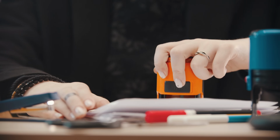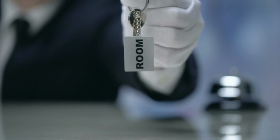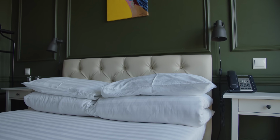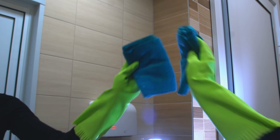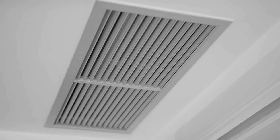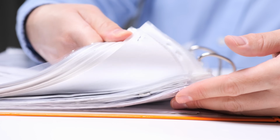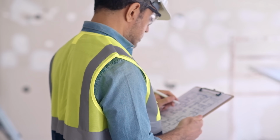The ryokan or minpaku license is issued by the hokenjo. That's the local health department. And they'll inspect more than just your check-in methods and how you communicate with guests. They also look at where and how you store your linens, your trash disposal practices, and overall hygiene standards. You might need to show that you have proper ventilation, a solid cleaning schedule, and even a plan for guest record keeping. Make sure you're ready for a thorough inspection so you can breeze through the process and get that